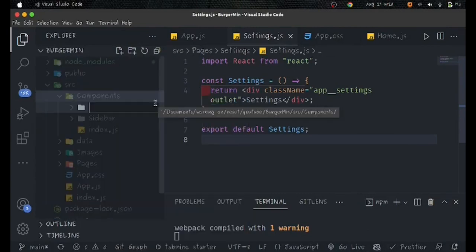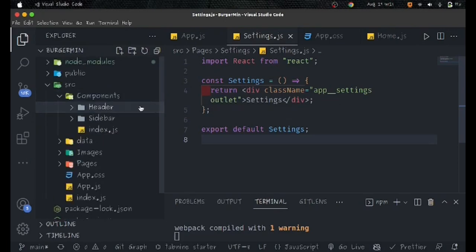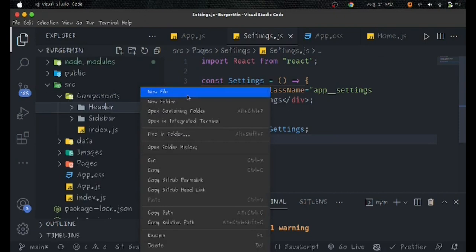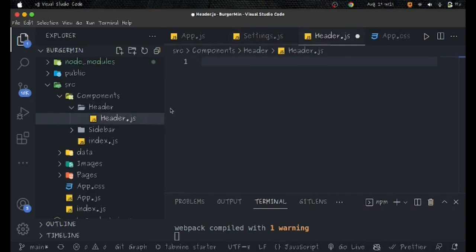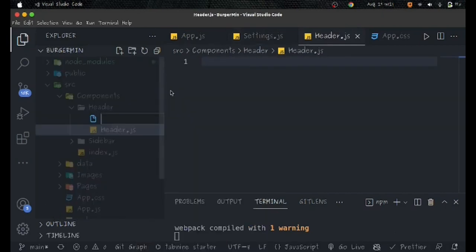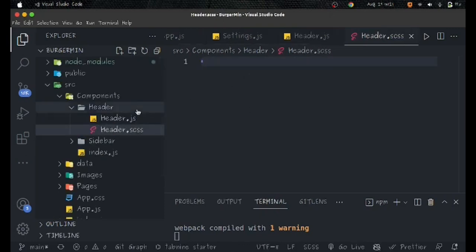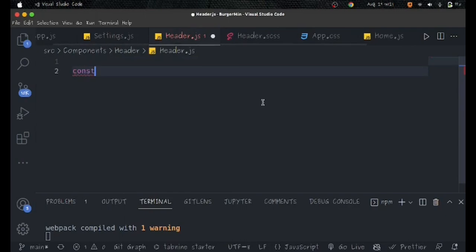So here I'm going to say header, and inside of header here, header.js. Let me create also the css at once. Header.scss like this. Const header